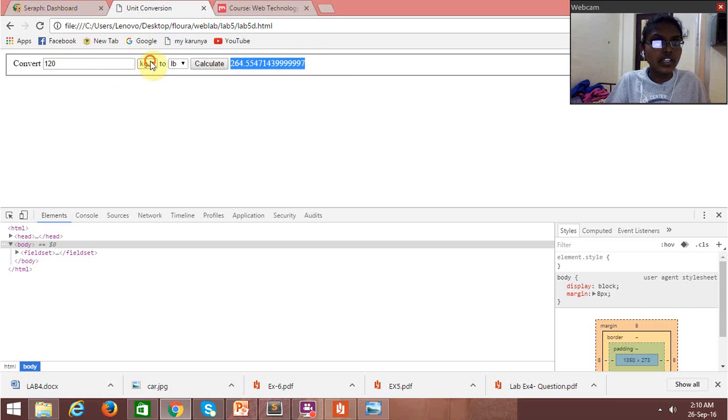Now similarly, we can have it the other way around, lb to kg. So what we do is, we have 12 lb to kg. When we calculate it, we get a particular value. How do we do this? It is a simple